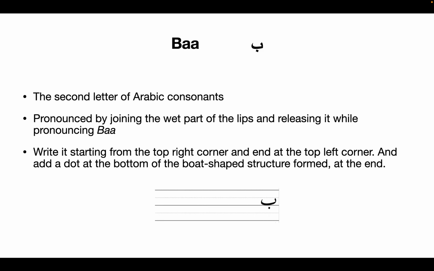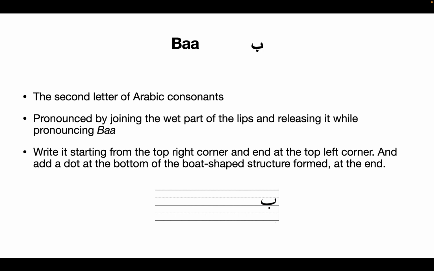is, we call it tangent in the mathematical term. It's just like a boat-like structure which is tangent to the line. So the lower part of the boat is just touching the line. It doesn't cross the line. But while starting this boat-like structure, we start from the right side and we start creating the boat-like structure, and we end on the left. So we start from the top right corner and start drawing the boat-like structure, and we end at the top